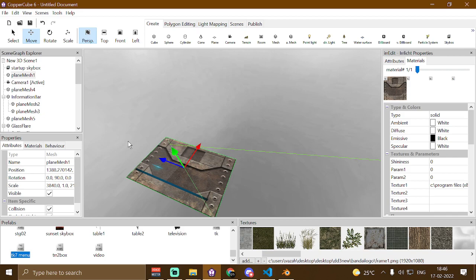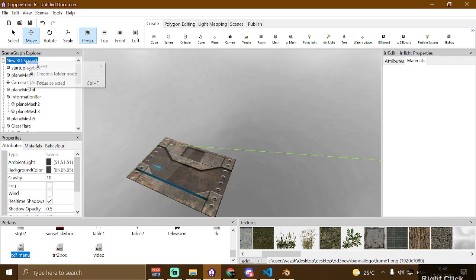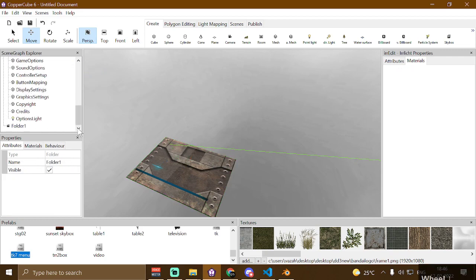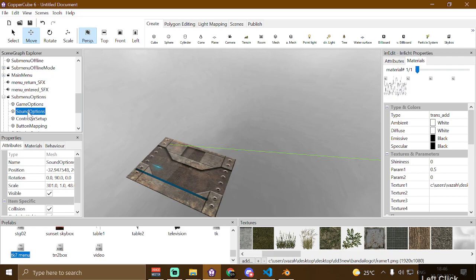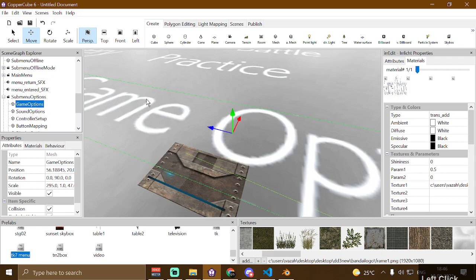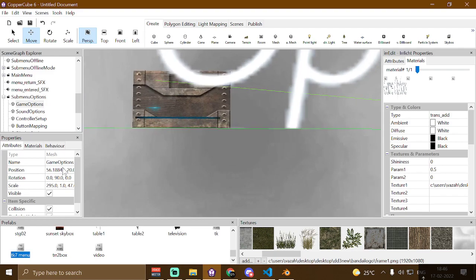So in order to prevent them from positioning randomly in the scene, while exporting your prefabs, you can do something. You can create a folder node and move your 3D object or plane mesh into those folder nodes. For example, as you can see, we have some folders here already, and we have game options, sound options, plane meshes in this folder. So if you notice the position here, which is 56 on the x-axis,